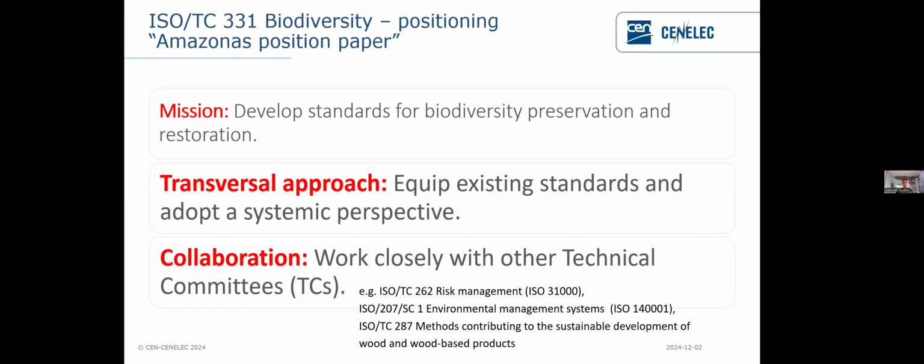There is a new reading of the strategic issues included in this Amazonas position paper, which means new challenges. Our mission: the creation of specific biodiversity standards, the gaps and subjects not currently covered, the work ongoing, which has been slightly presented before. But behind this mission, we propose a transversal approach to equip the existing standards, which are managed by other technical committees, with the main objective to accelerate the consideration of biodiversity in standardization work, in collaboration with other technical committees, for concrete and massive results, by focusing on the most used standards